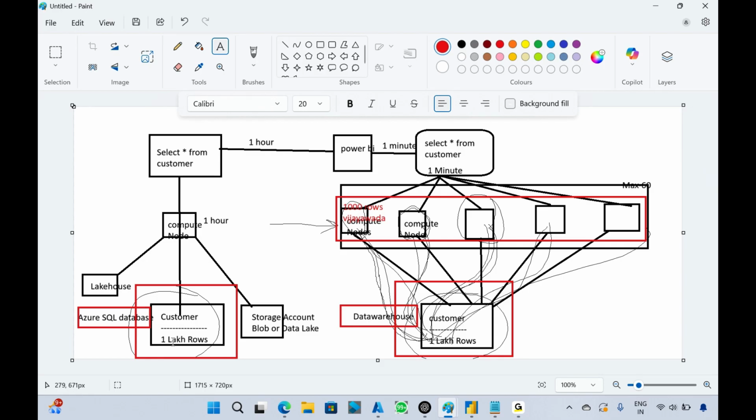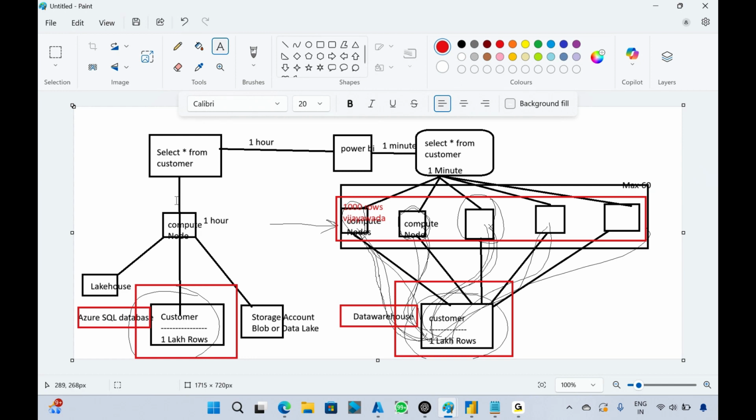When you write the query select star from the customer table, to bring the data from this customer table,